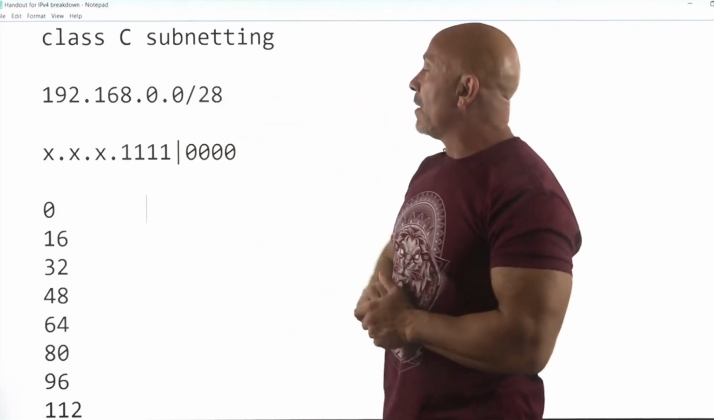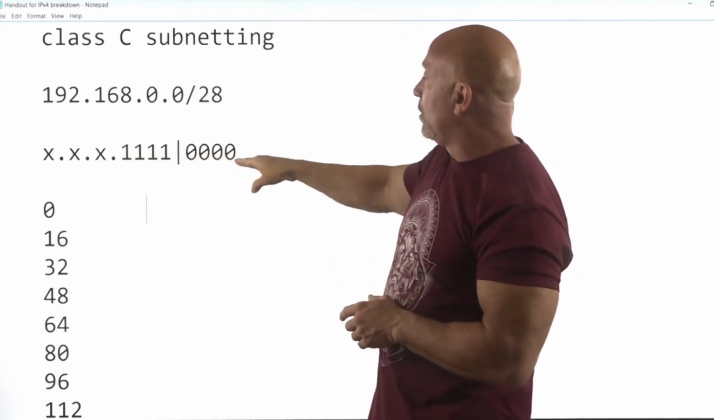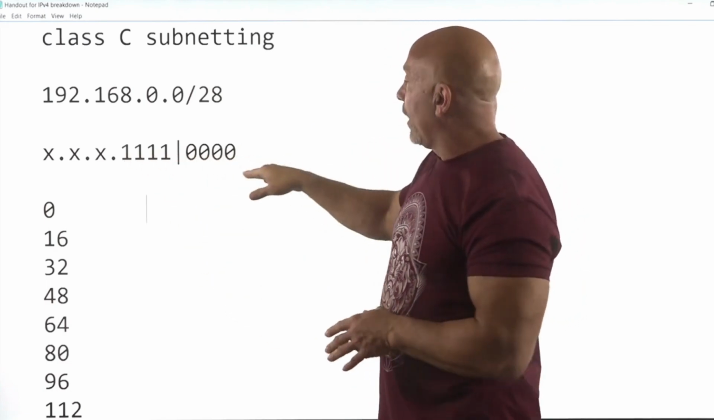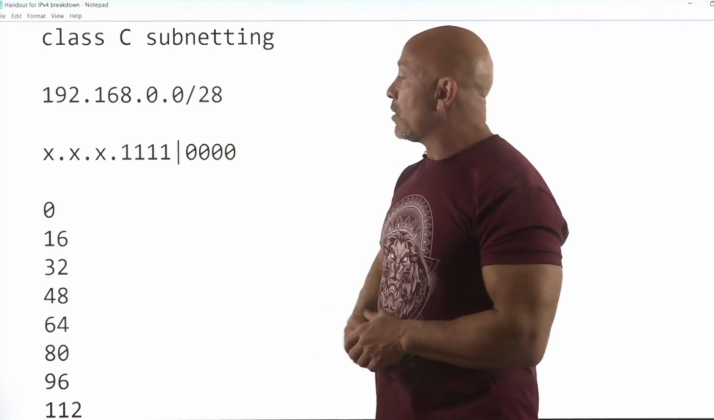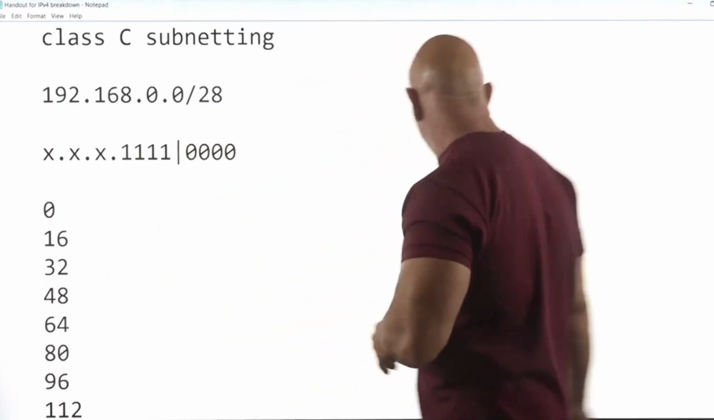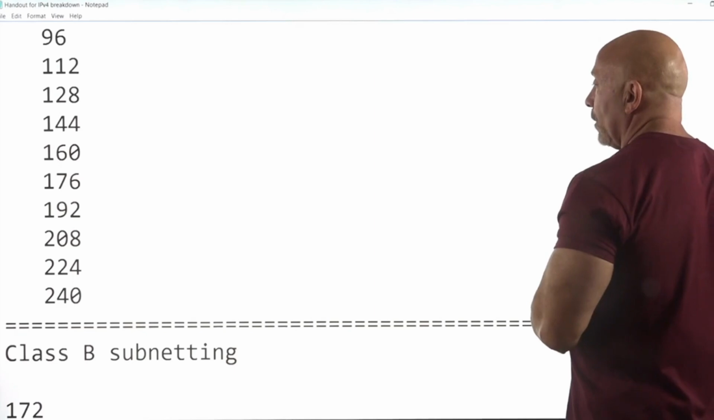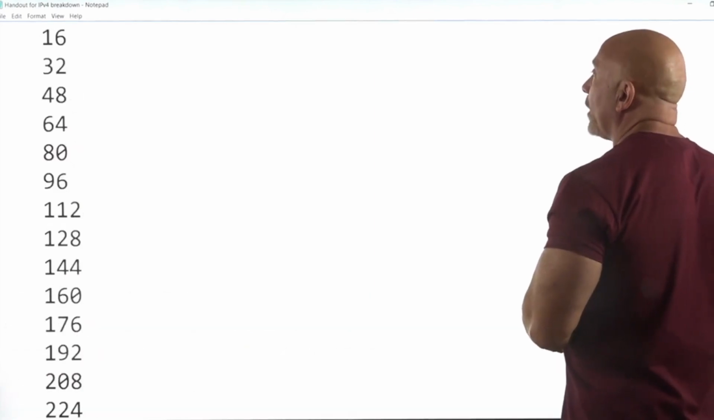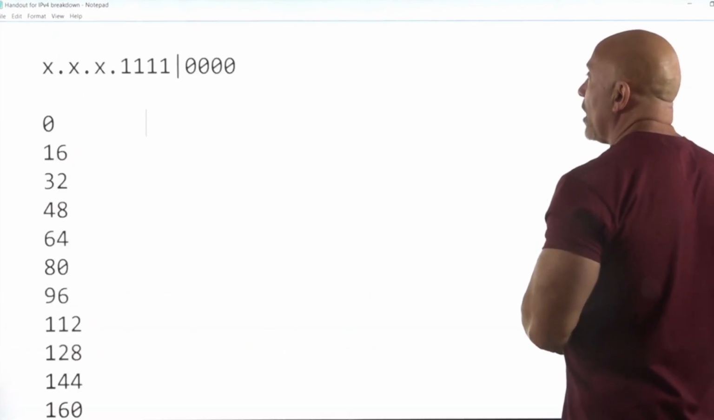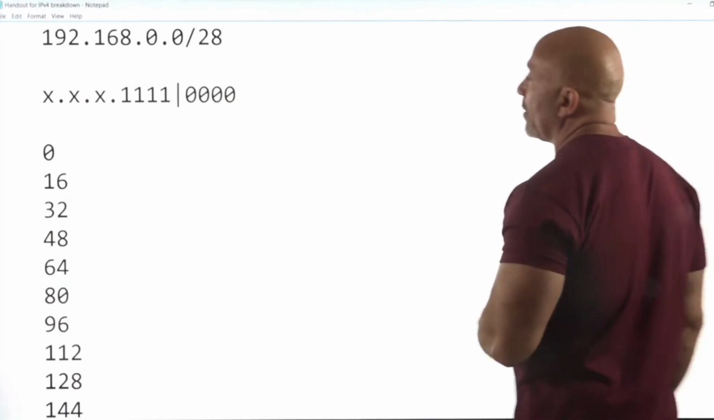I said, well, that's an increment of 16. As you can see here, I did my little formula, my little diagram, and I saw that it was a 16 increment. So I incremented by 16, starting from 0, and it goes all the way to 240. Okay, 240. And it will always work out that way, where your subnet mask